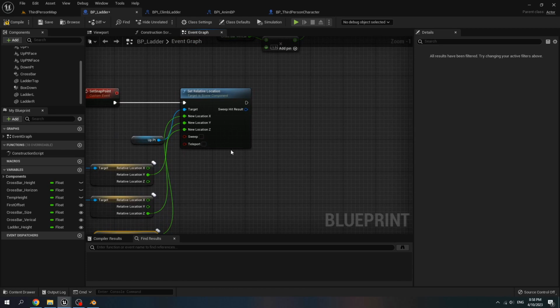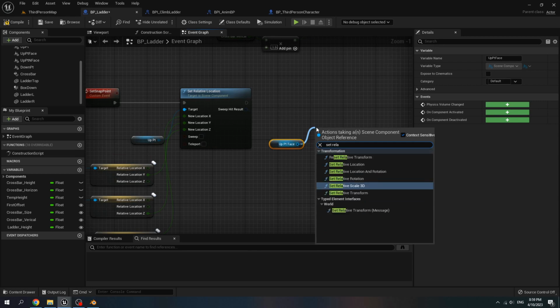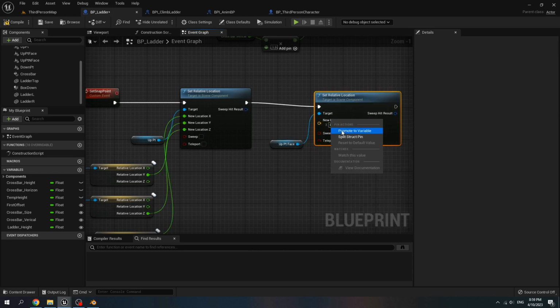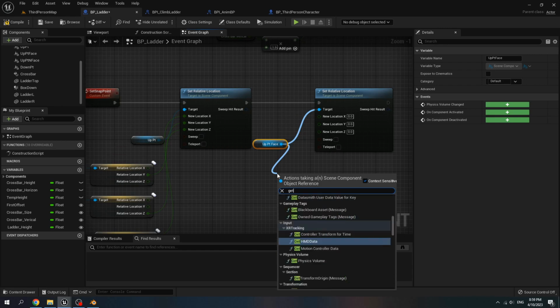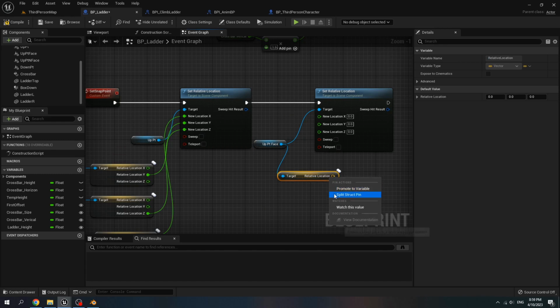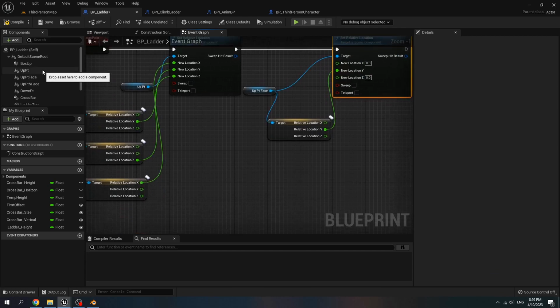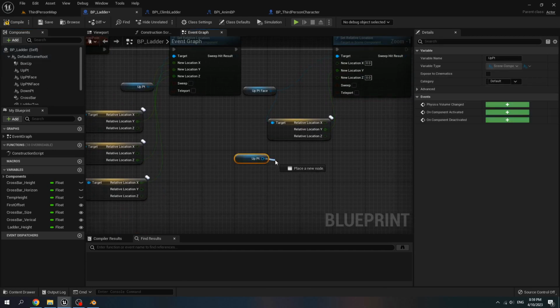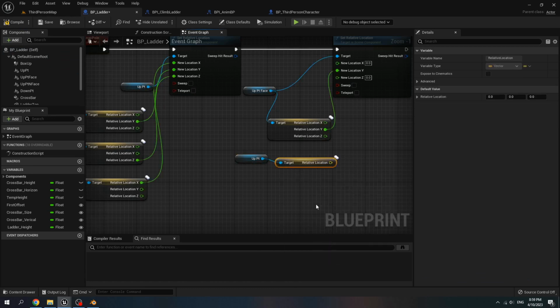For the up pt face, set relative location. Split location. Get relative location. Split it. Connect Y to Y location. Get apt. Get relative location. Split.